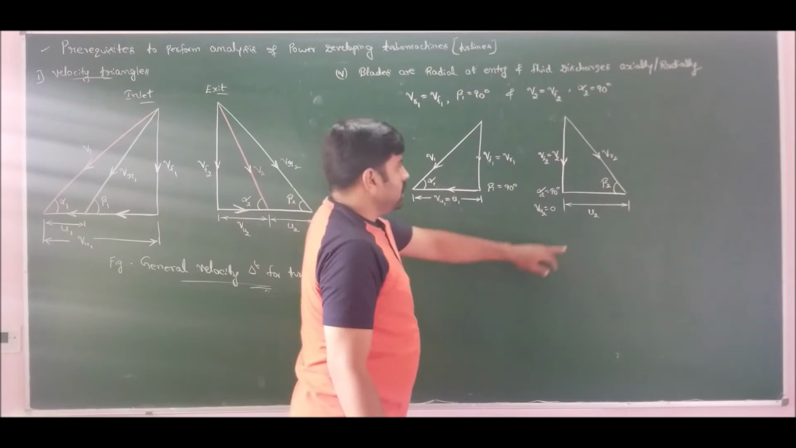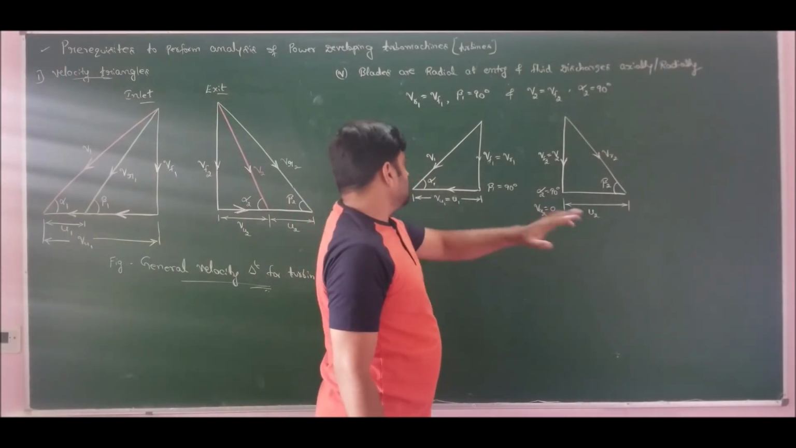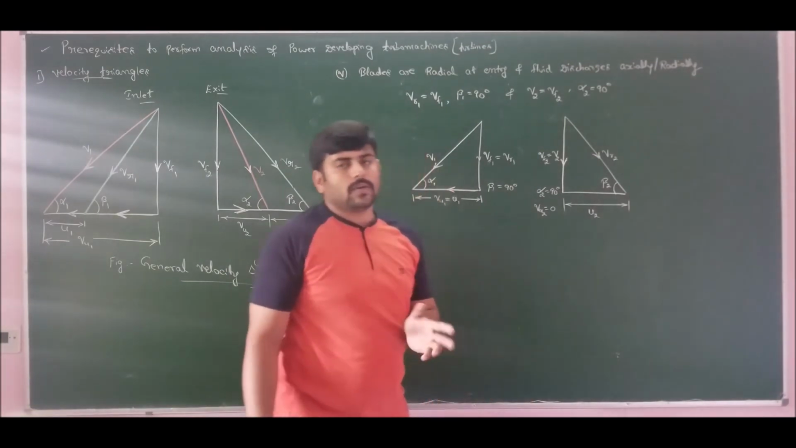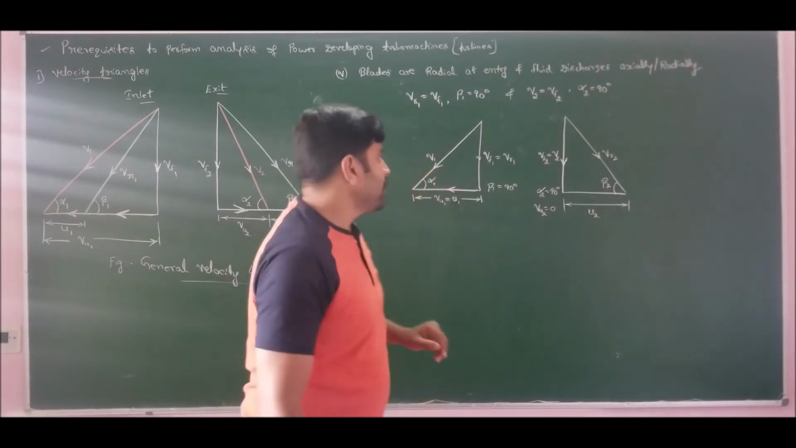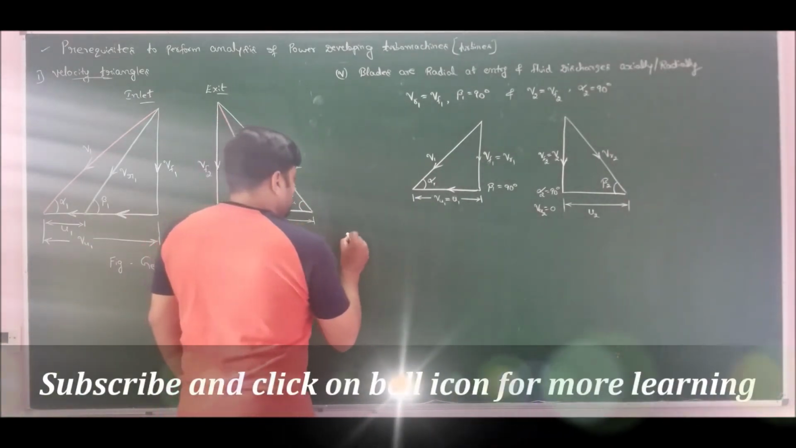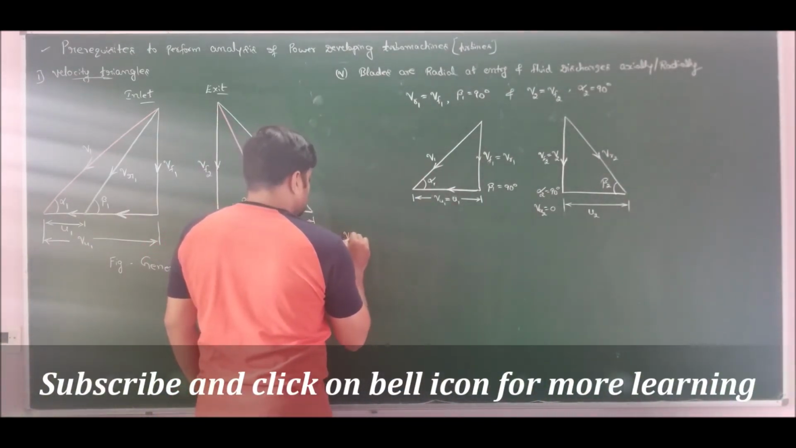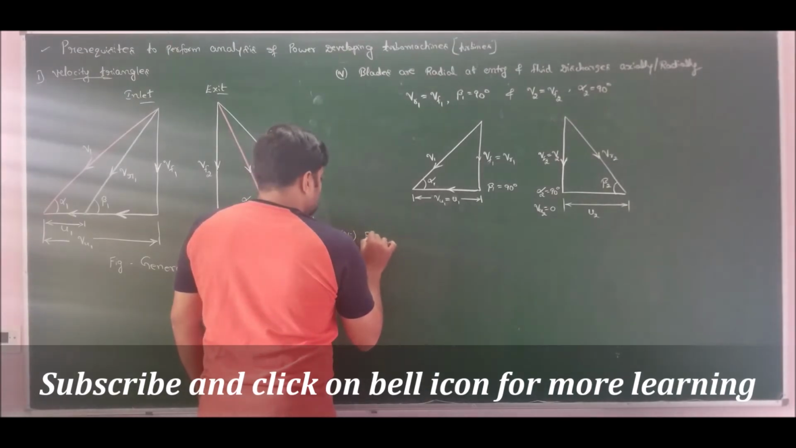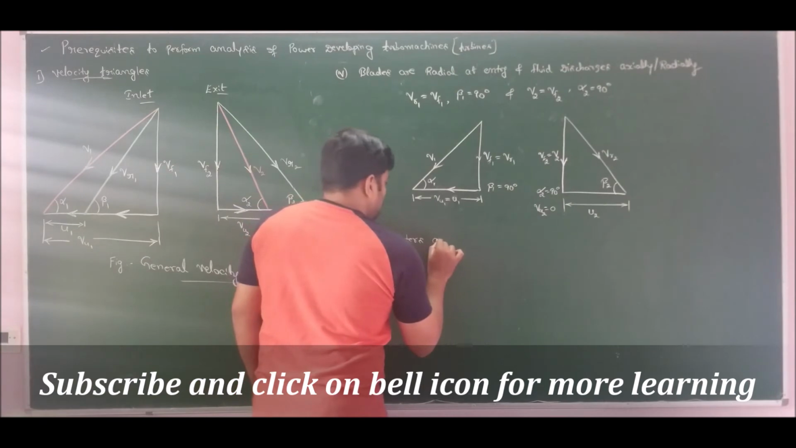So since we have only U2, we can indicate the direction same as the direction of U1, because the blade can rotate either clockwise or counterclockwise. So this is the velocity triangle for case 5. Now moving to case 6, if the fluid enters axially or radially